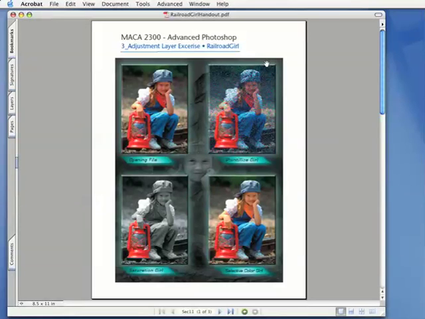This is the tutorial movie for the 2300 Advanced Photoshop second half of the adjustment layer folder. It's called the Railroad Girl, and I want to show you on my front cover on your PDF file you have an example from a student. I thought that you would want to see something that another student did, and